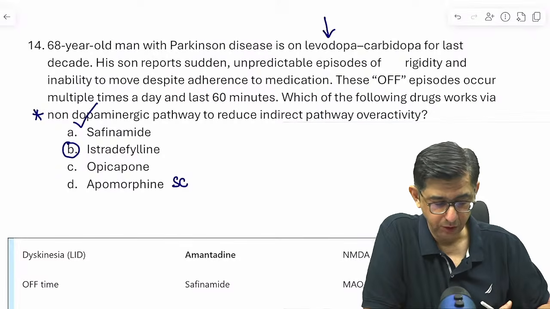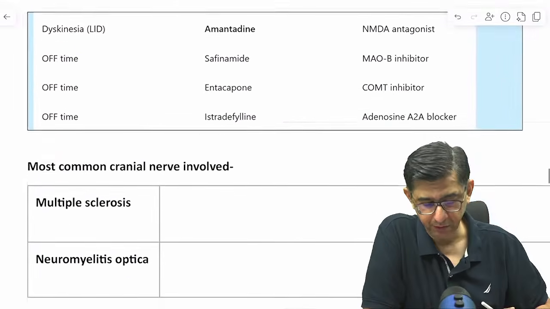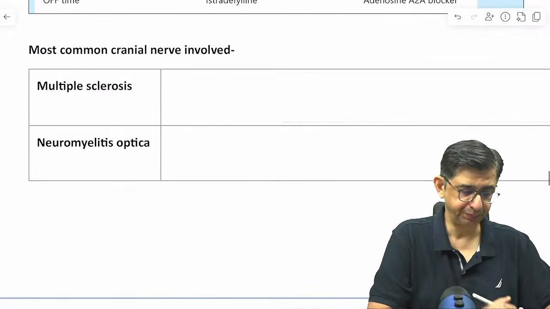Okay. So answer to 14th is B. As far as cranial nerves involved are concerned,